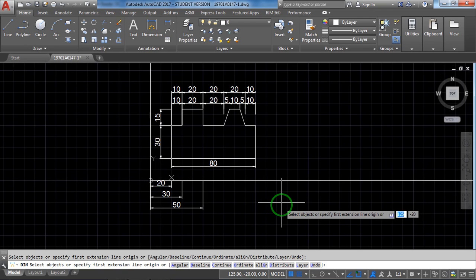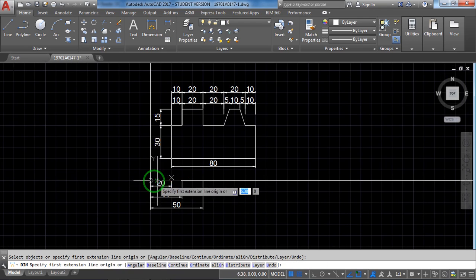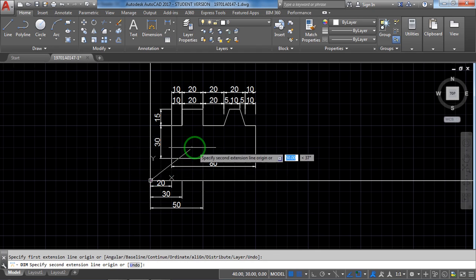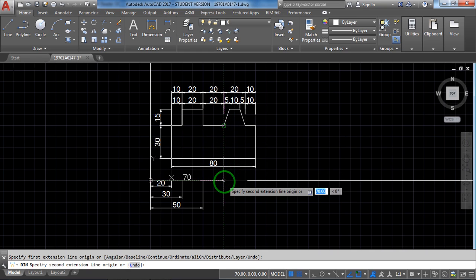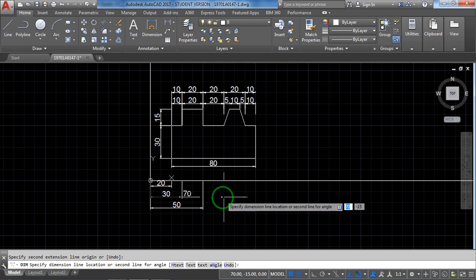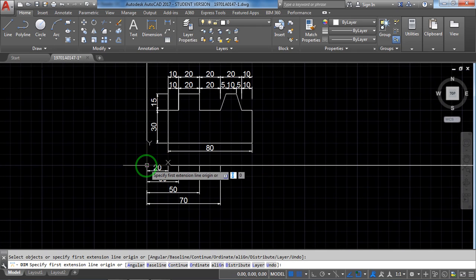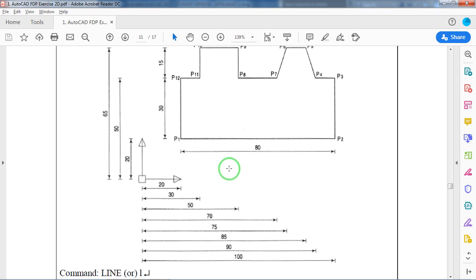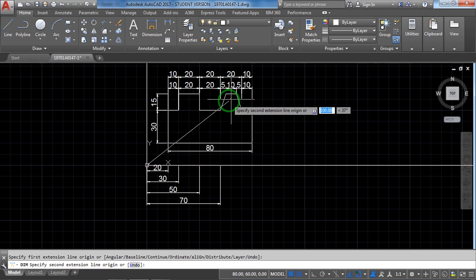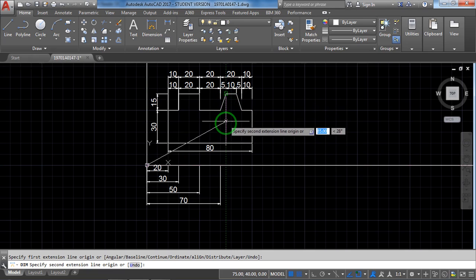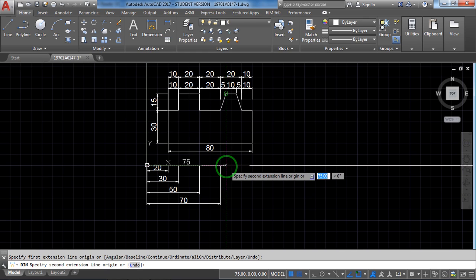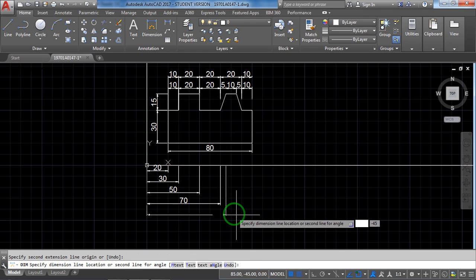Next point, I am not using the dimension command again, it's already in the dimension command. Now first point, second point already this, now this one. Just go and track that, keep it there, drag it up to here, it's 70, select it with the help of the mouse button, pull it to a location. Same command, now same starting point, 70. See 20, 30, 70, 75, 85, 75 here. Just don't select it, take it near, now track it, come up to this point 75, select it with the help of the mouse, pull it down so it is clearly visible.